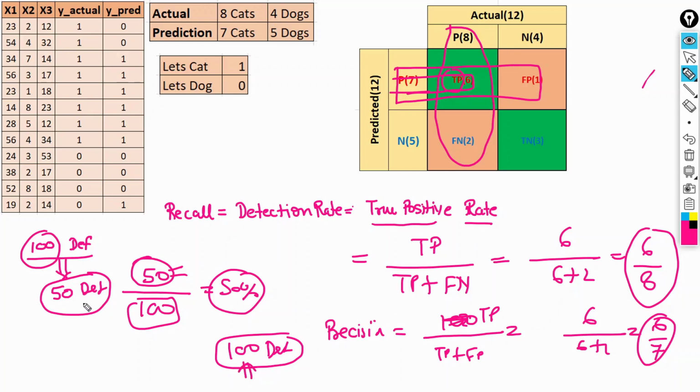If you see, recall is just the opposite, right? Here we are detecting the classes from the original 100, and I am checking how many correct classes my model is able to detect from the original classes, right?